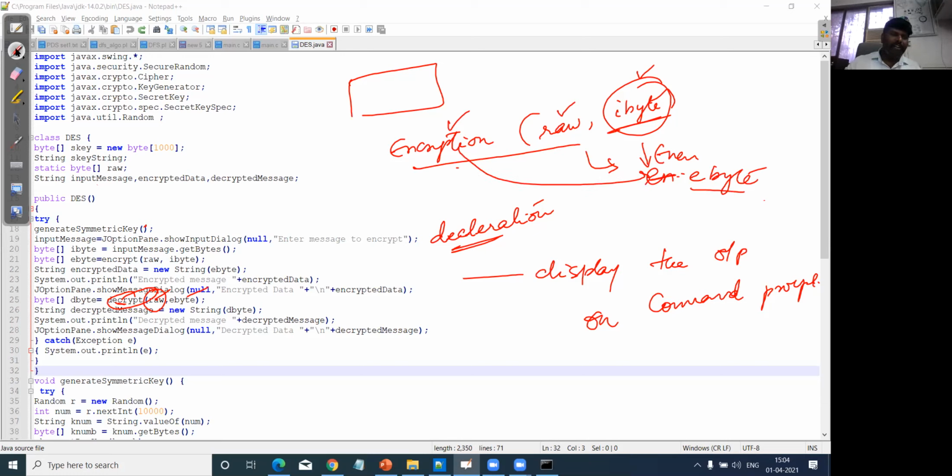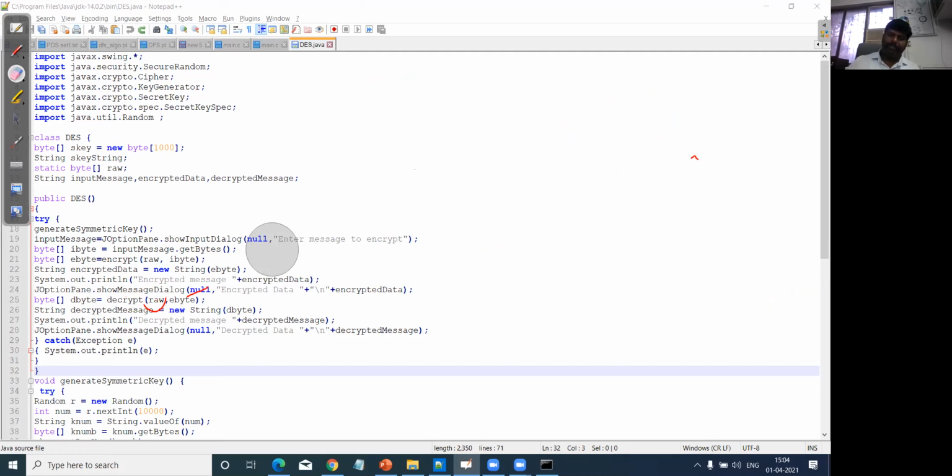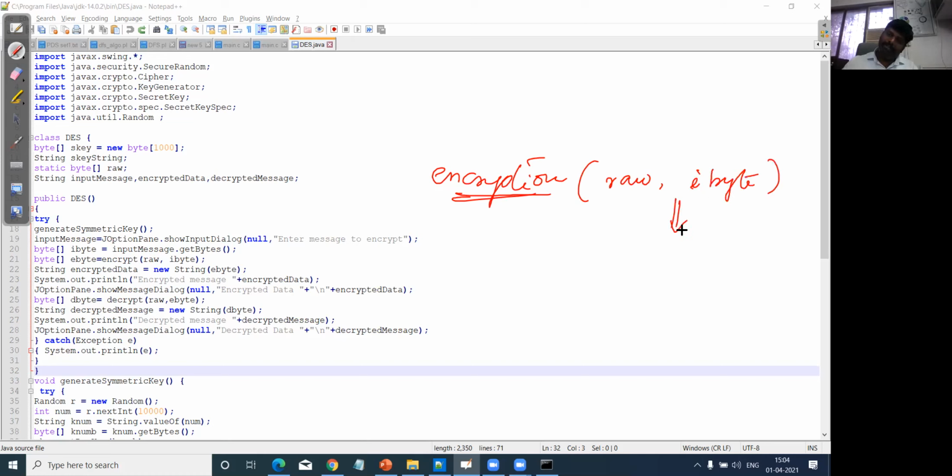When we talk about decryption, we talk about this encryption. This will accept the input byte. This will produce the value which is E byte, which is the task of an encryption.